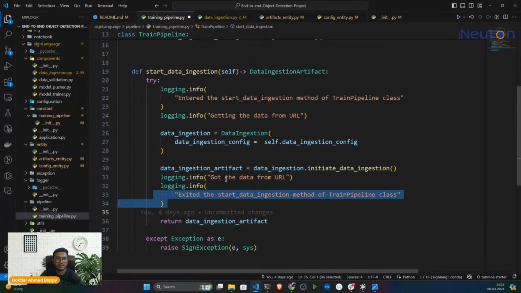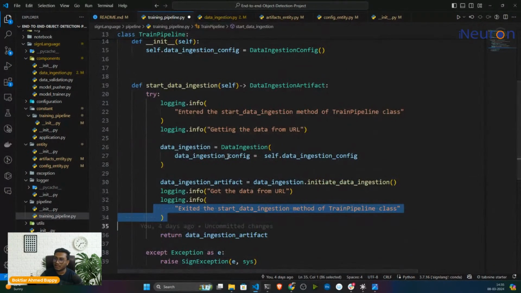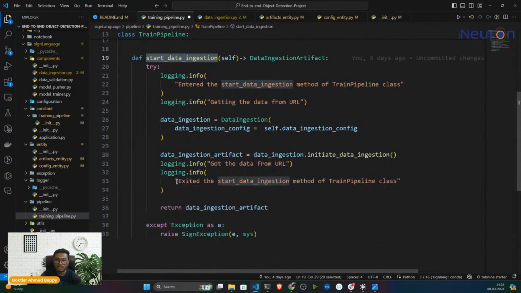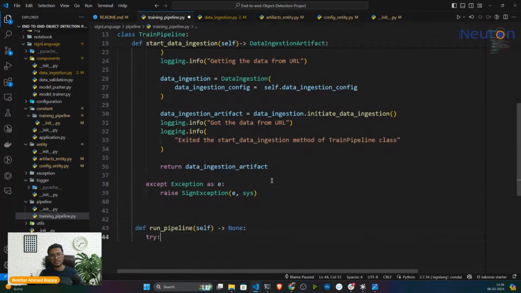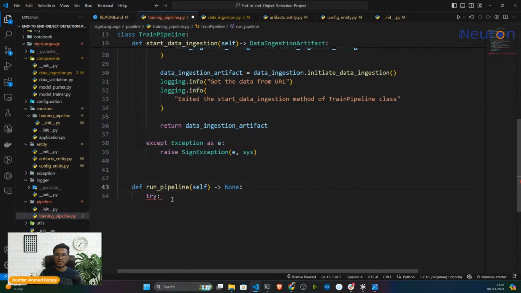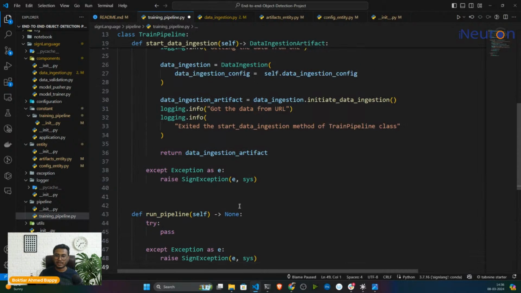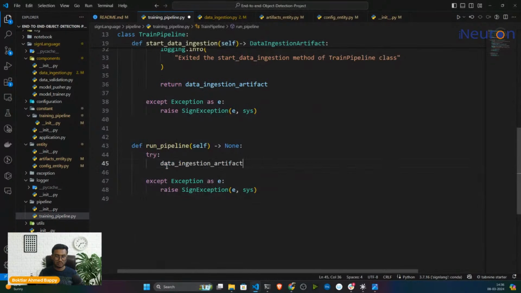Now my data ingestion is ready. This method is ready. Now I also need to call this particular method. Why will I be calling it? For this, again, I can create another method here, called run pipeline. Let me show you. Here I can call it run pipeline. So inside that, I'll be calling this start data ingestion. First of all, let me wrap it with the exception. Then inside that, I'll be calling this particular data ingestion. So it will return the artifact equal to